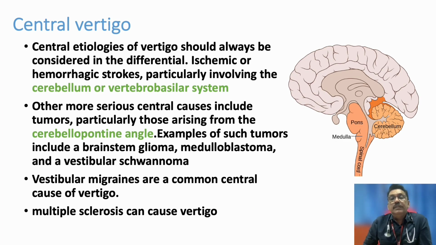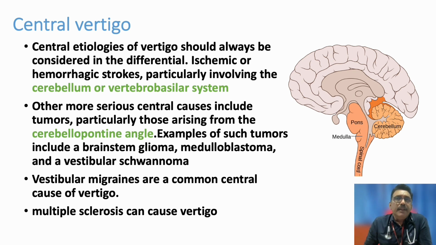Acute central vertigo is mainly due to stroke. Posterior circulation stroke is the classical cause for central vertigo. Other conditions include tumors, CP angle tumors, like brainstem glioma, medulloblastoma, vestibular schwannoma, all these things. There are other conditions like multiple sclerosis. They all can produce central vertigo, but the classical condition in the emergency room where they present with vertigo is posterior circulation